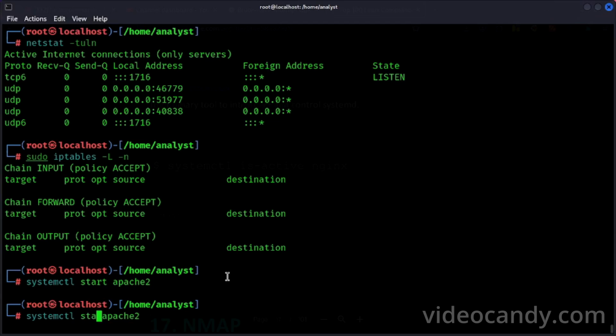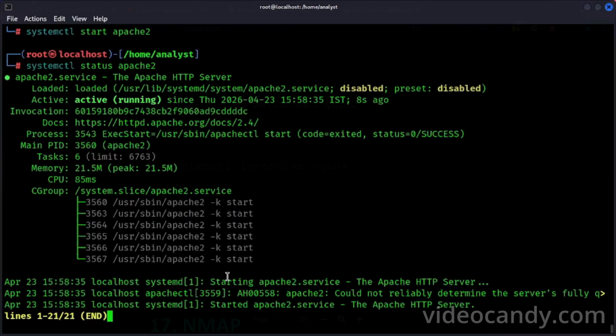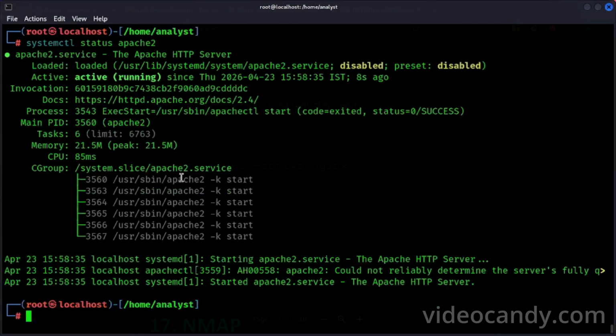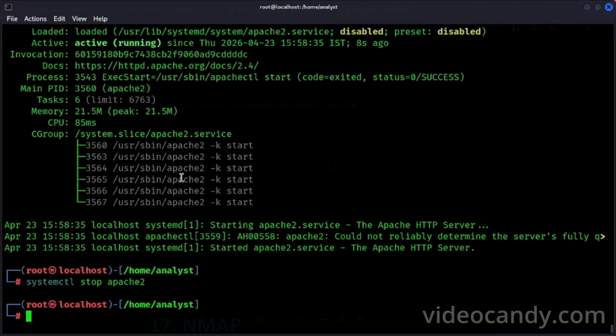If I want to check its status, it will show that it is running. And now we want to stop it. We have to write stop. This is stopped.